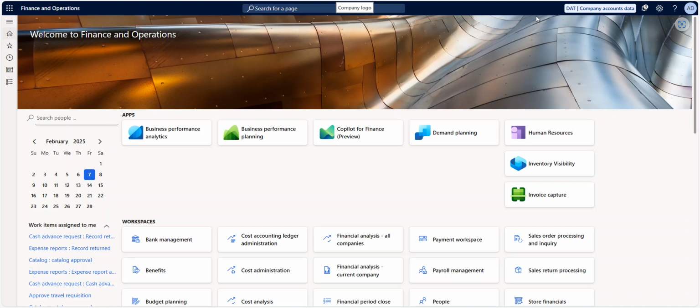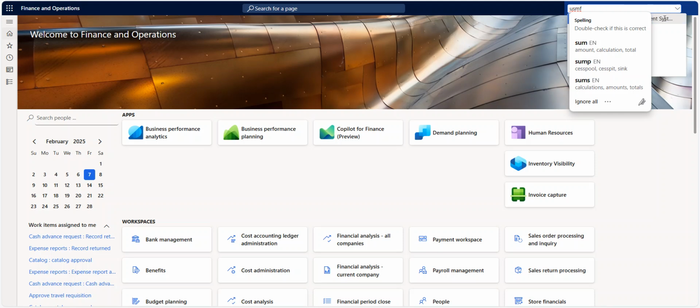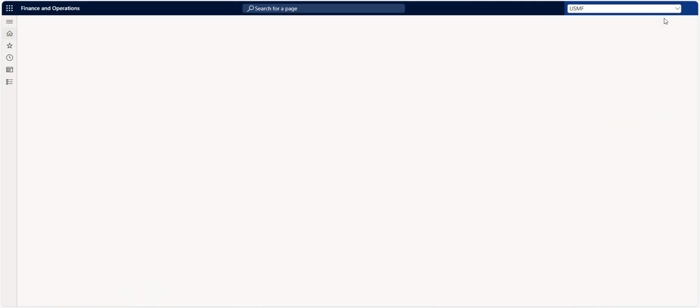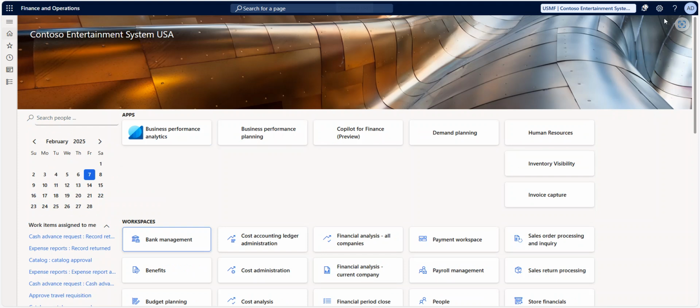Now how we can do the payments. So let's see how we can make the customer payments. Okay, so for that, first let me change the legal entity to USMF. Okay, so at here,